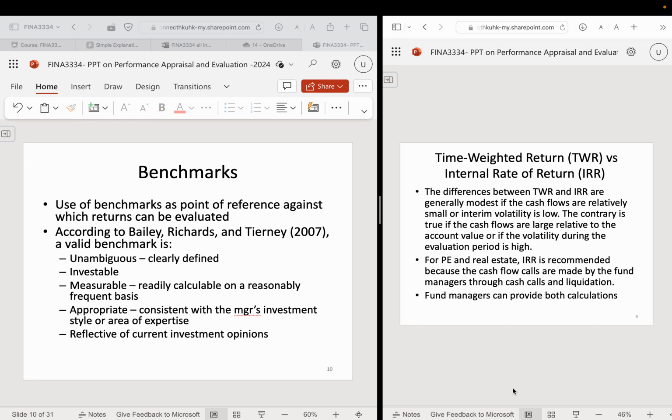MSCI World, okay, will be equity, and Barclays Global Aggregate will be the bond. This is the most straightforward benchmark